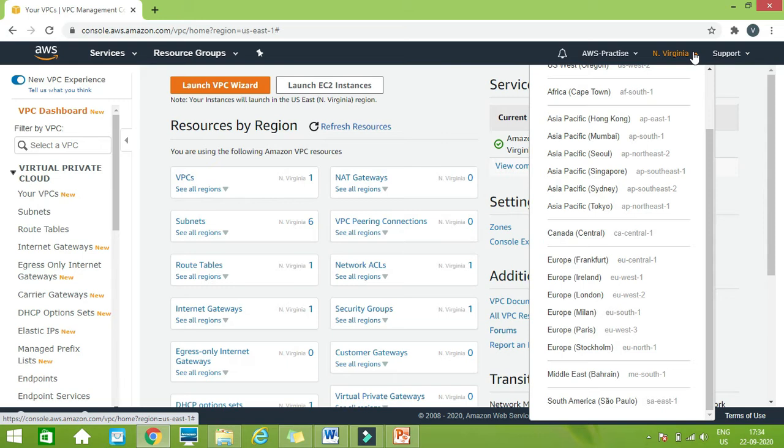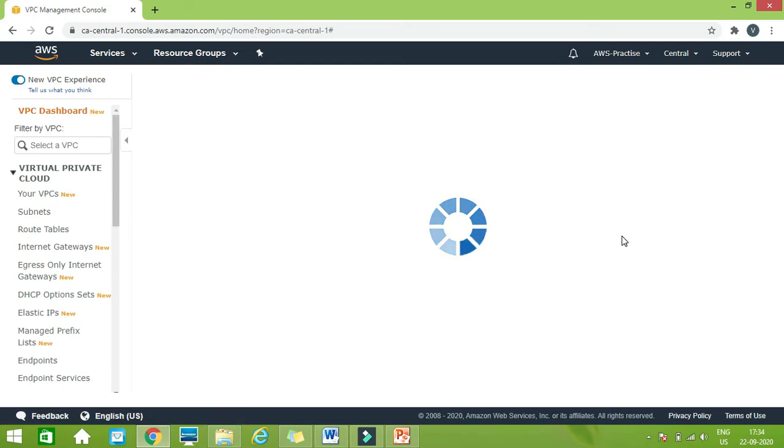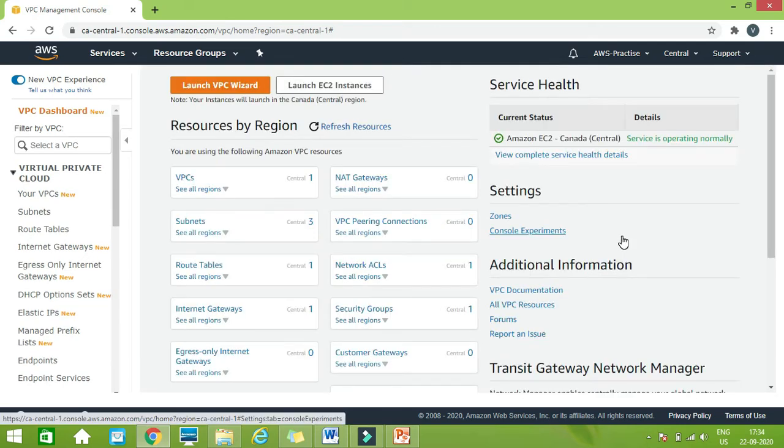For example, if I go to Canada, if I select this region, then here you can see that there is a default VPC, and now the subnet showing is 3 because this central region has 3 availability zones. So the number of availability zones is basically defining the number of default subnets.